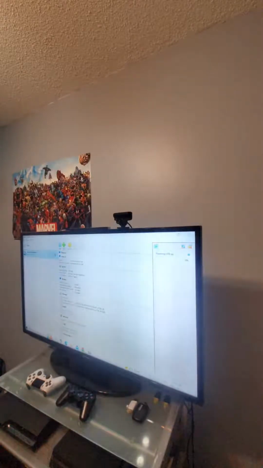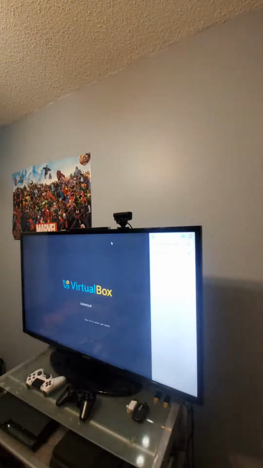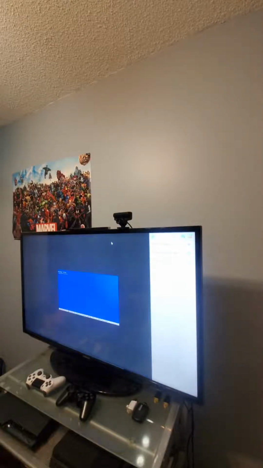See if this will work. Please work. Please work. Oh, there we go. Got VirtualBox. And you want to press any key to boot from CD. So press that. Now we got the blue